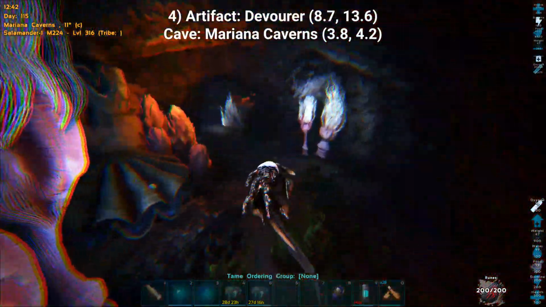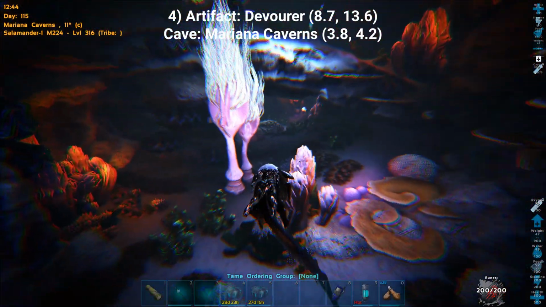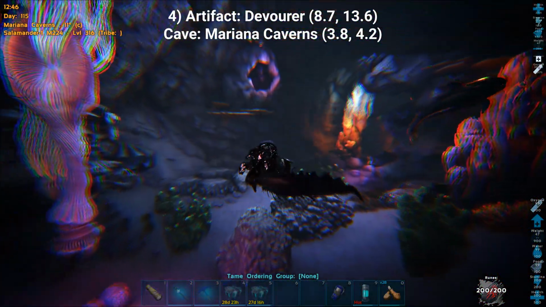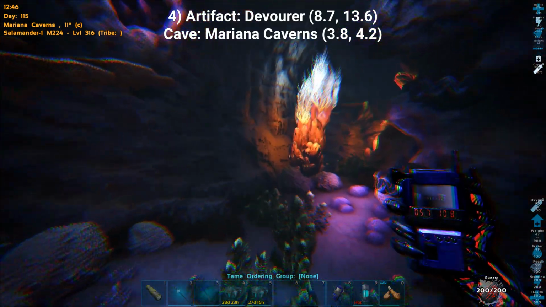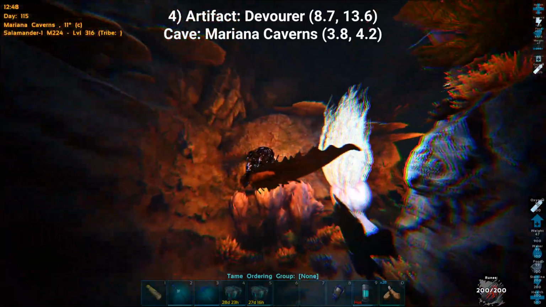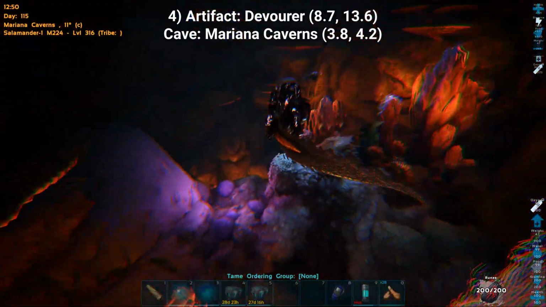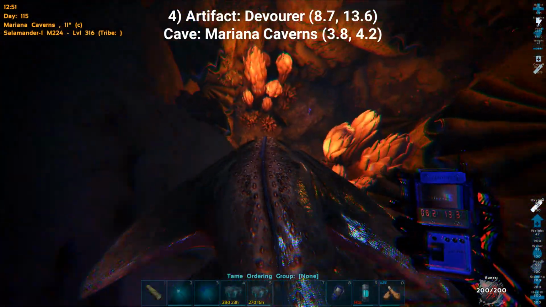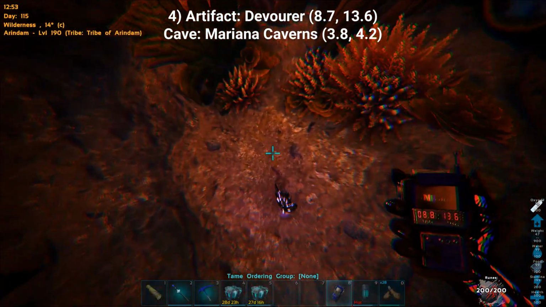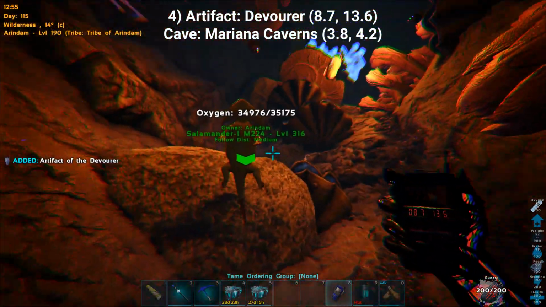But the cave has Cnidaria and Electrophorus, as you call jellyfish and eels, and they might present a big problem if you are using a Diplocaulus like me. My Diplocaulus is a wild one without any high levels, but I have leveled it exclusively in oxygen, which means it is really fast, plus it gives me all of the oxygen that I need. And here is the artifact of the Devourer located at the end of the chamber at 8.7 by 13.6,